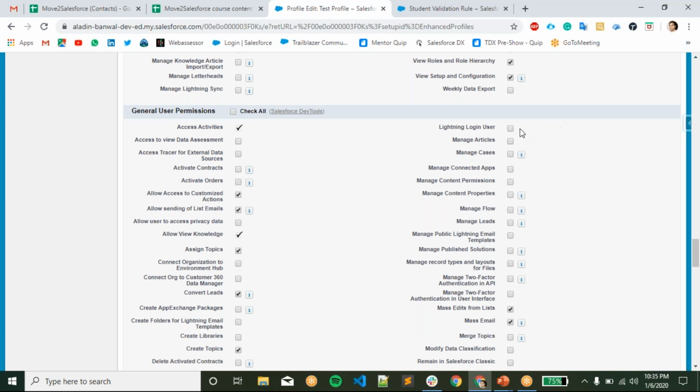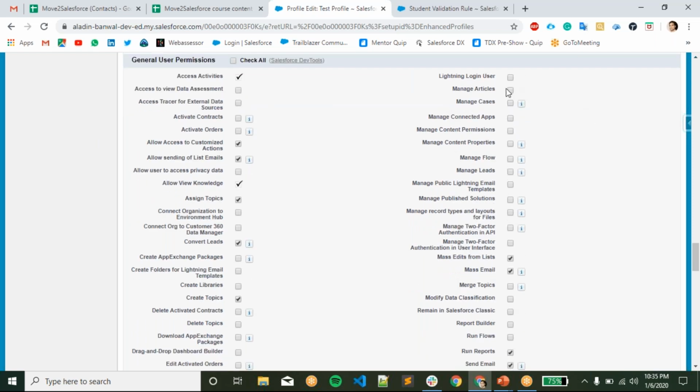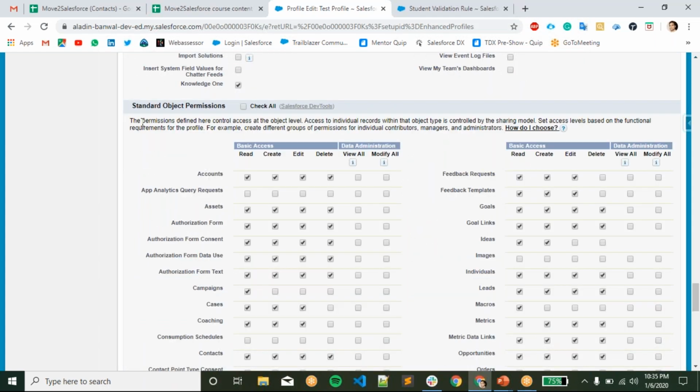Lightning User: if you click here, he will be able to use the new Lightning UI. If you don't click, then he will be using only Classic. Manage Cases: if you want this profile to work on cases, he can perform that by clicking it. So we can give many kinds of permissions from here.